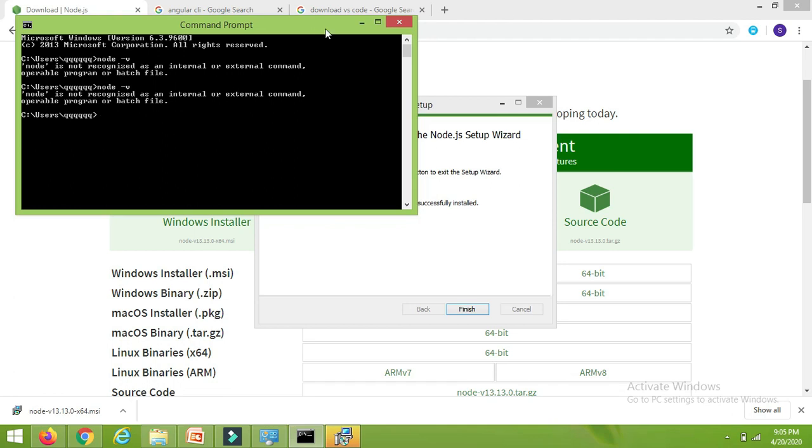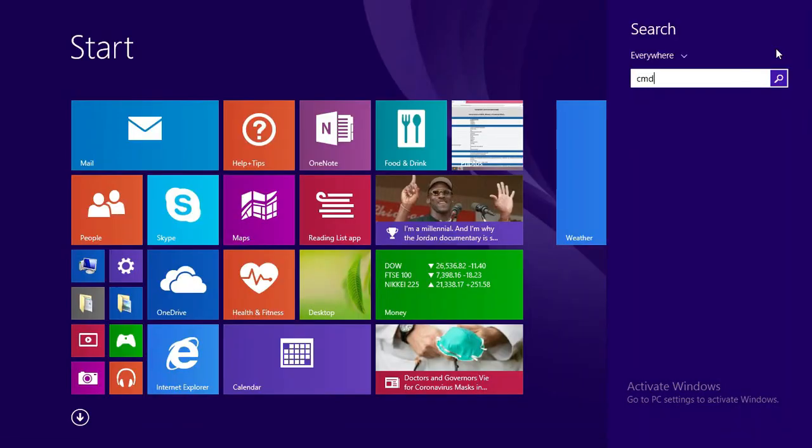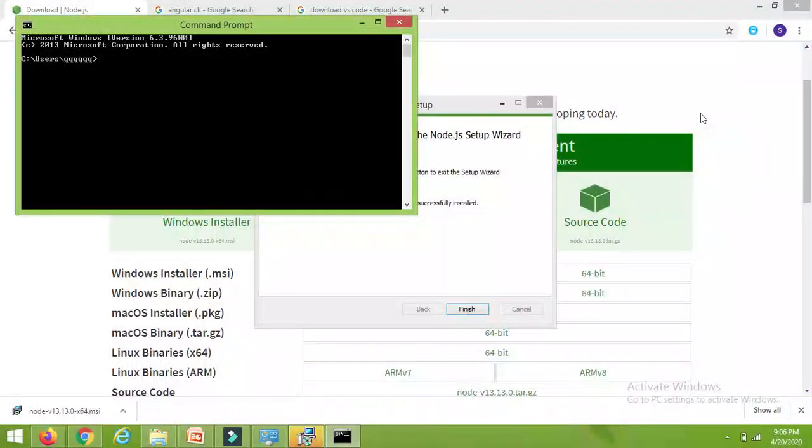To reflect this result, just close this command prompt and open it again. Node hyphen v. So here we get the version 13.13.0. That means we have successfully installed Node.js on our system.